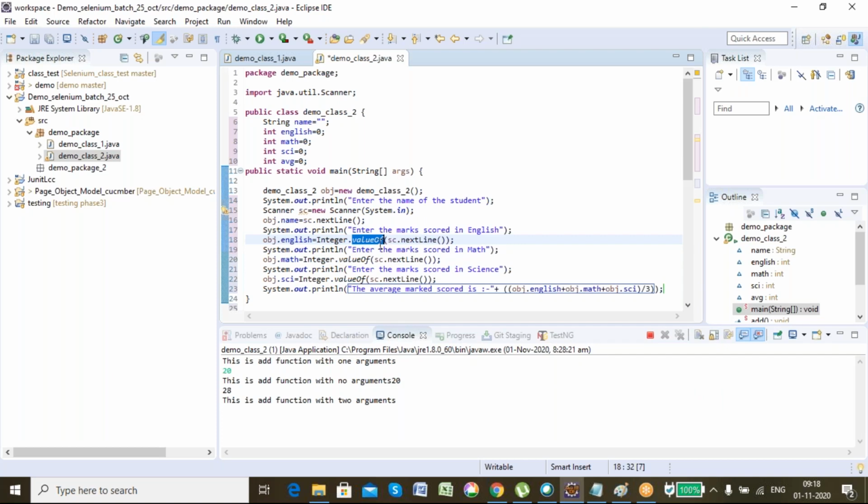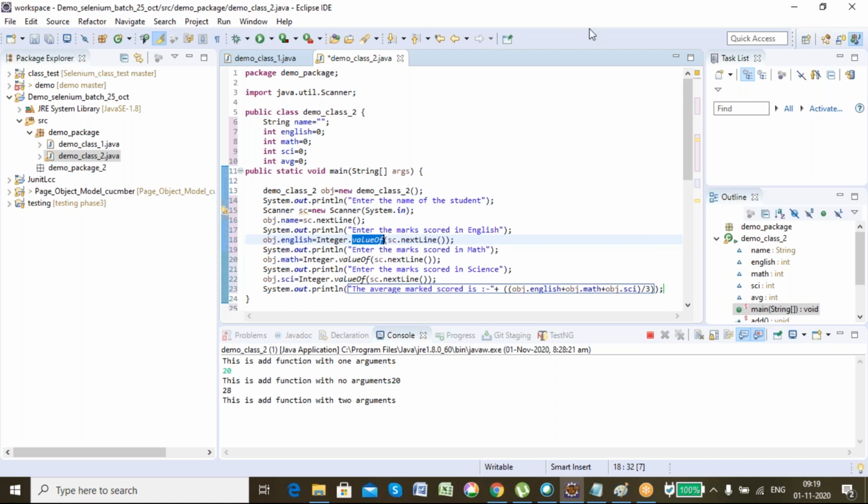Pratham asks: when entering the marks code in English, you said that from the keyboard we give string entries, but we can even give numeric values, right? If you give 20 from the keyboard, it will be taken as a string. Anything given as input from the keyboard will be taken as a string only. It will not be taken as numeric. So for any keyboard entry where you want a numeric value, you have to do the conversion.